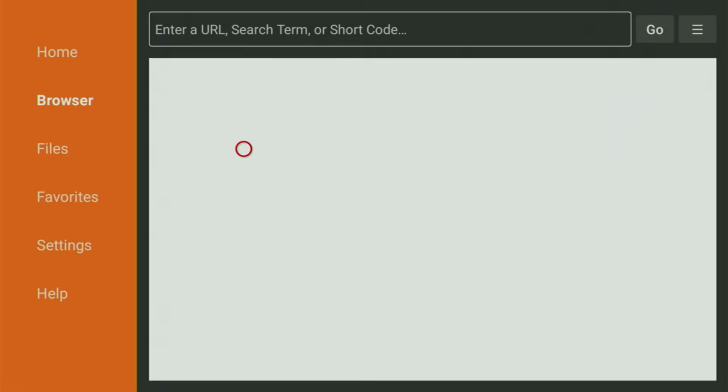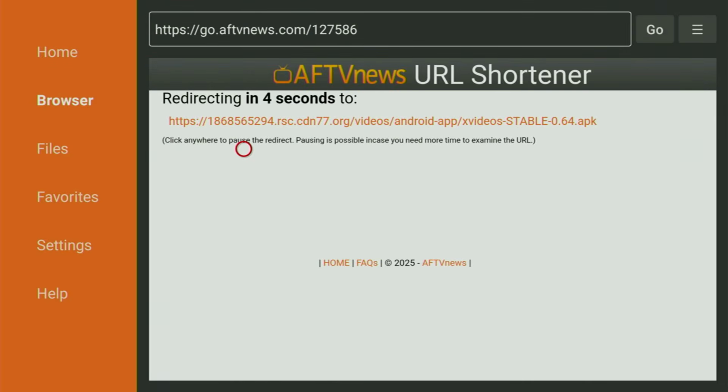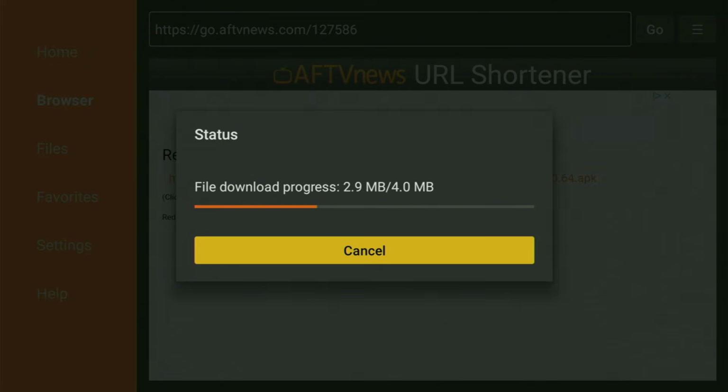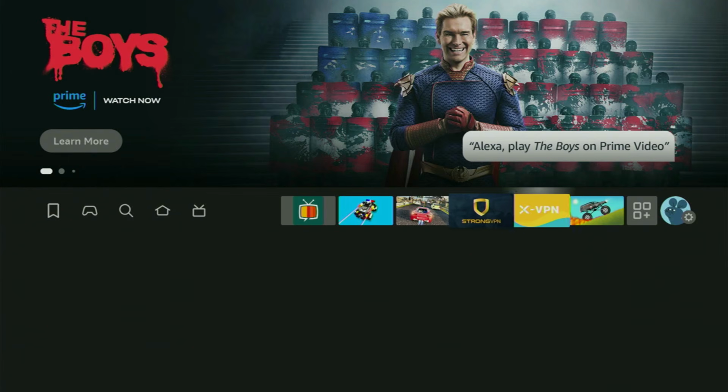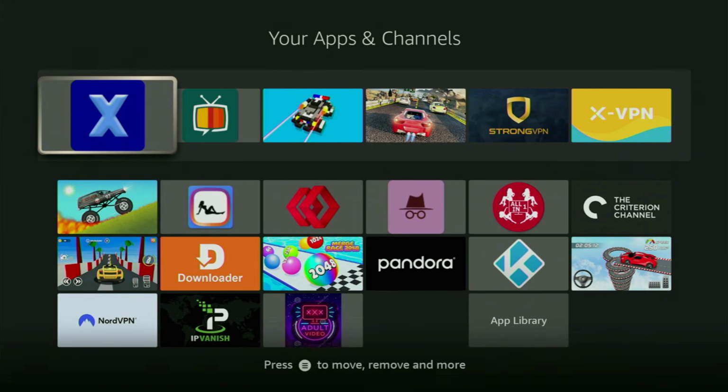You click on go and just follow the same steps as we did for the previous applications. And there you go, the download of the third app has started. You click on the installation button, and as always, make sure to get rid of the unnecessary files from your device. And now, when we go back to the list of apps on your Fire Stick, which is right here,